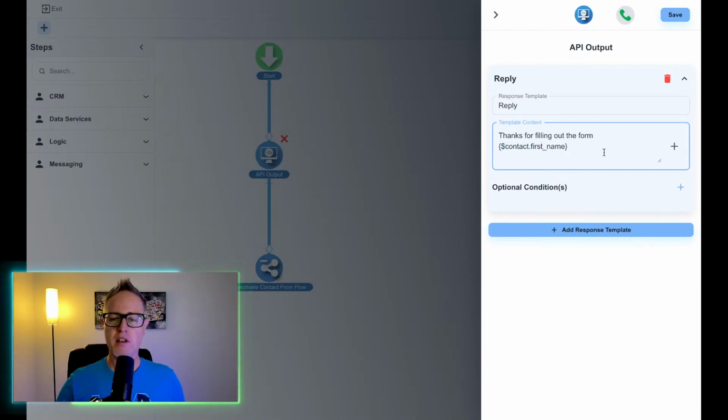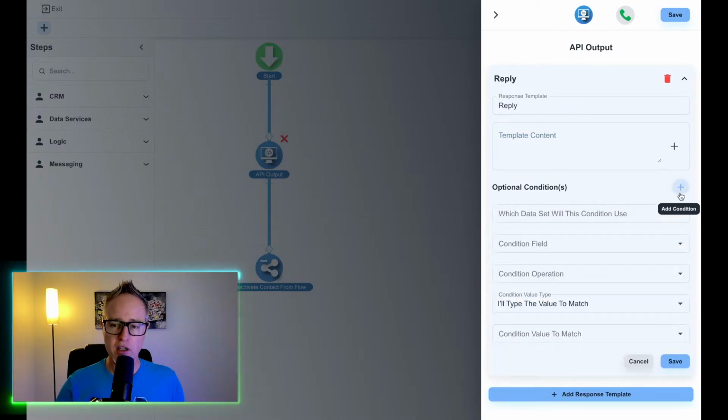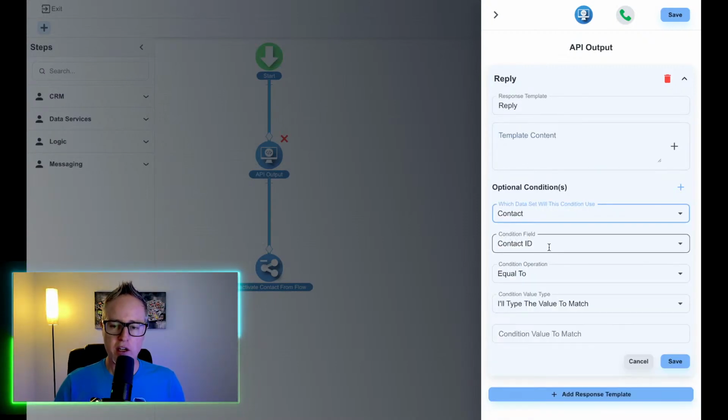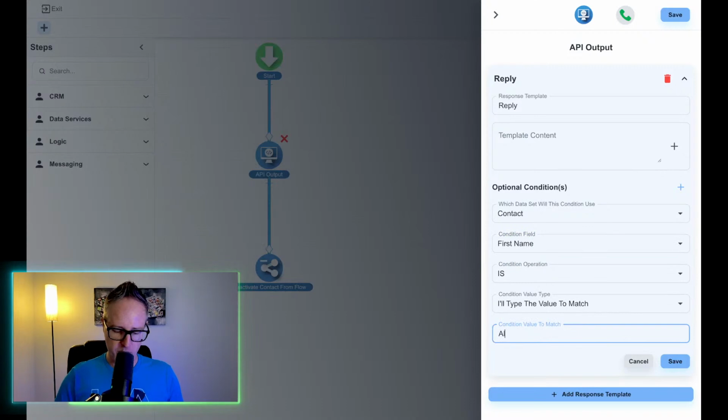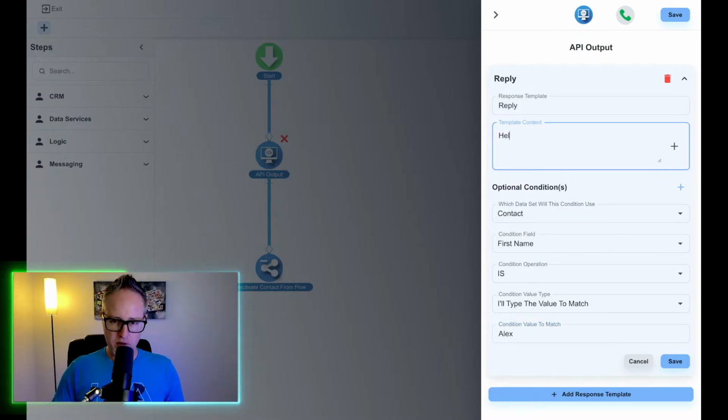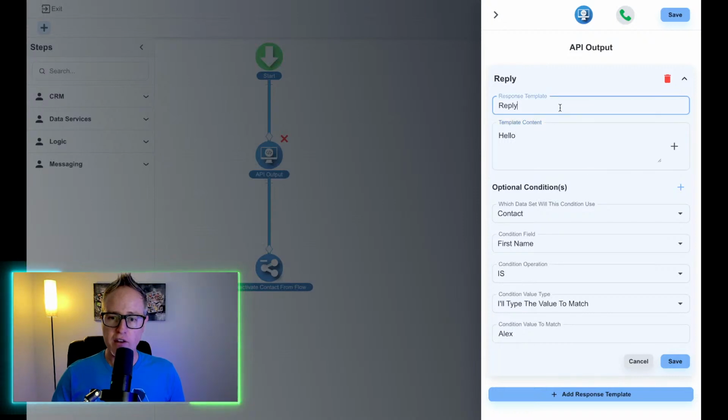Imagine you were building out a lead scoring system or a system that tells the user if you have this contact in your database or not, right? You could be integrating with a third party and you want to tell them yes or no if you have this contact in the system or not, or if you even accepted this lead. Well, you can use the conditions here, and the conditions are going to control if you display this output or not, right? So we can say something like check when the contact first name is Alex, right? Just a simple example. And then we can say hello,